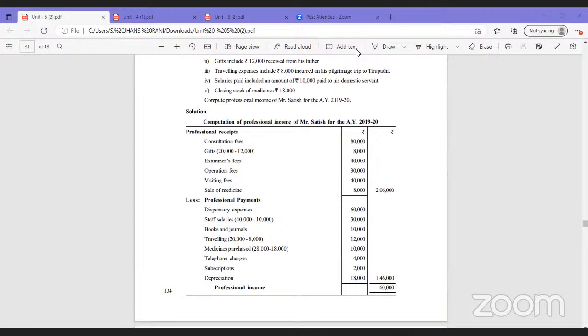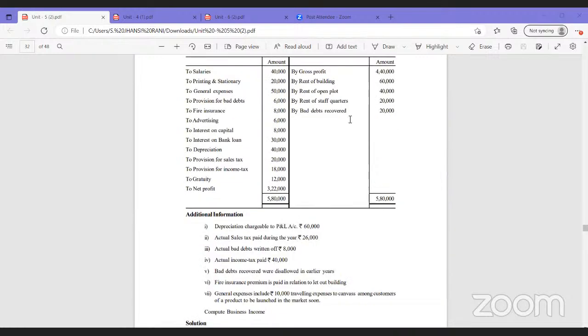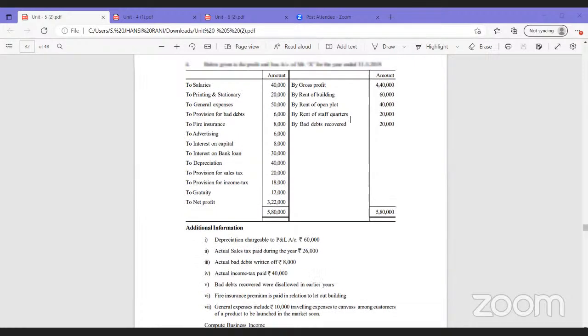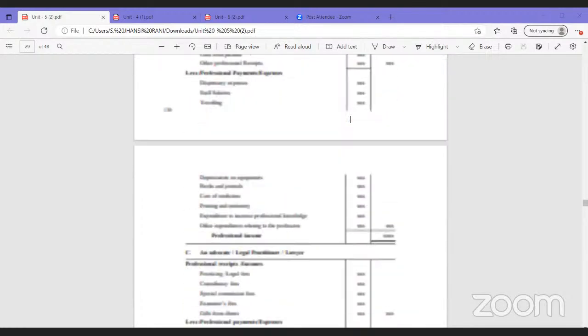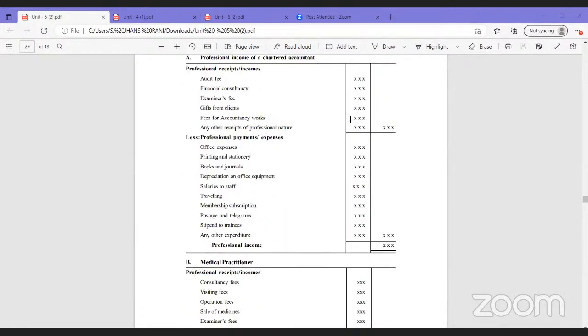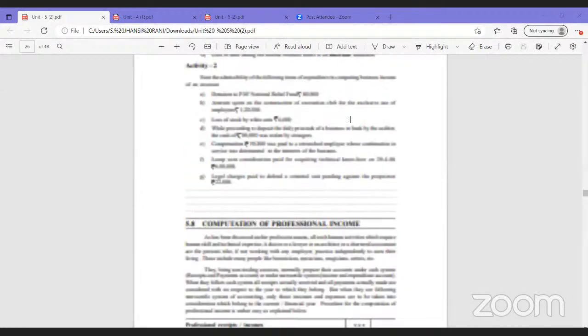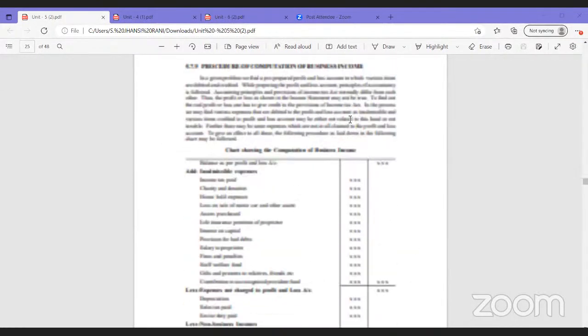Now, this is about profession. Similarly, it will be there for even the chartered accountant, even for the advocate. You should be able to differentiate what is professional and personal. The next comes income from business. If you know the profit and loss account, if you remember your profit and loss account format,